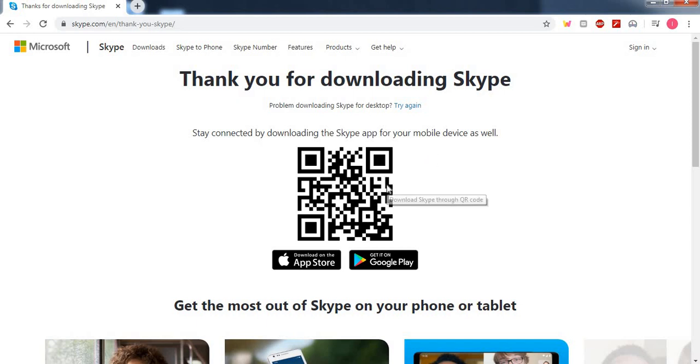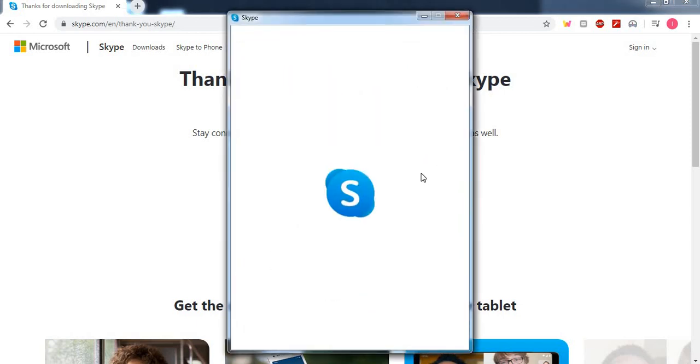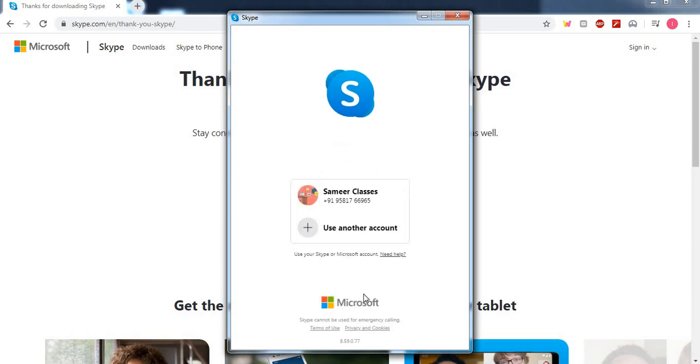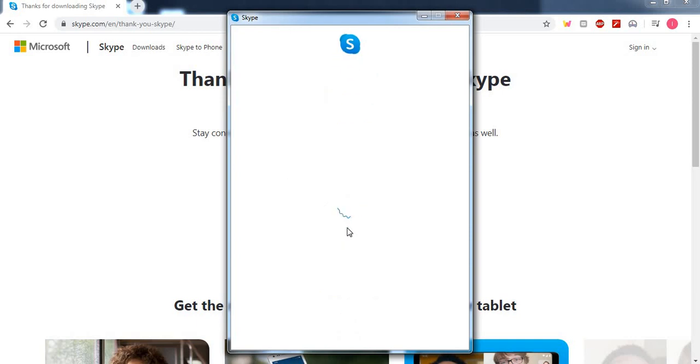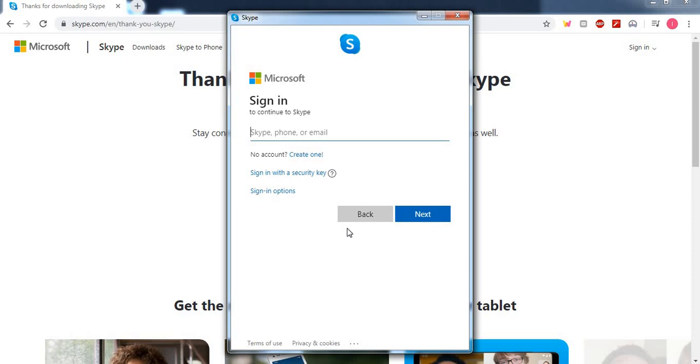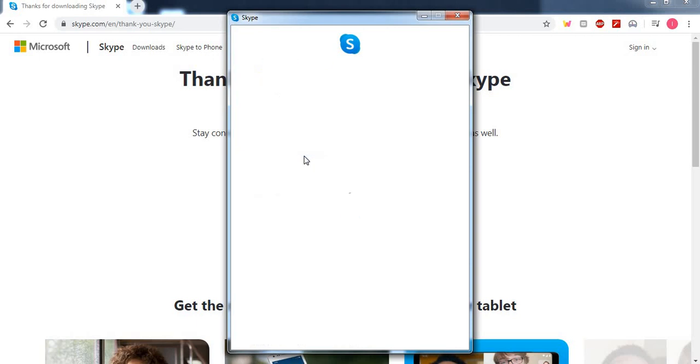Skype application is opening, and you will find this kind of a box. This window will come automatically. You can log in through your Microsoft email ID if you already have one. Or if you don't have any account and want to create one, then you can go over here and create one.